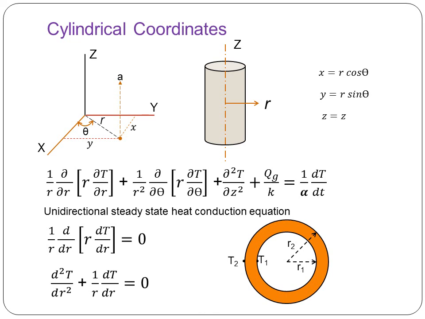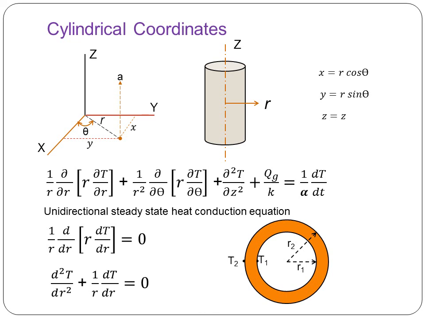Firstly, you need to calculate x, which is equal to r cos theta. You can draw it here, where z is the height, x is one coordinate and y is another coordinate, r is the radius of the element and theta is the angular angle of the cylinder. So, in this case you get x equal to r cos theta. From this diagram you can get y equal to r sin theta and z is the same as z. So, if I substitute it, I will get the final expression for a cylinder.